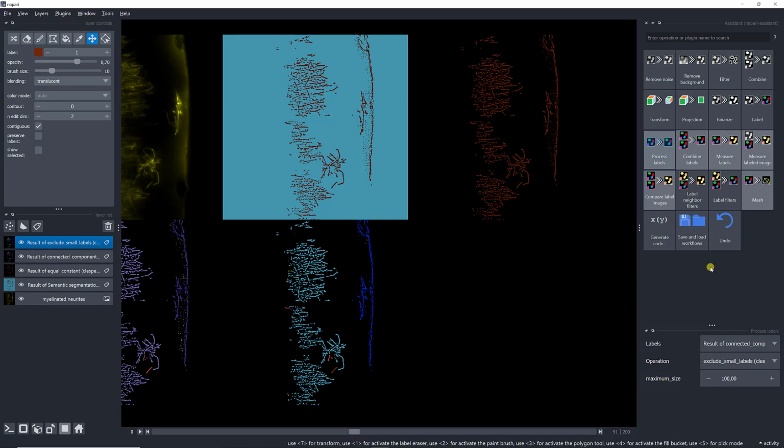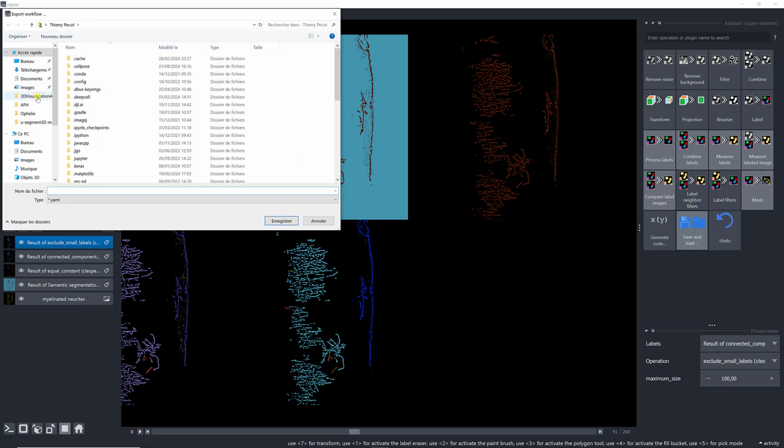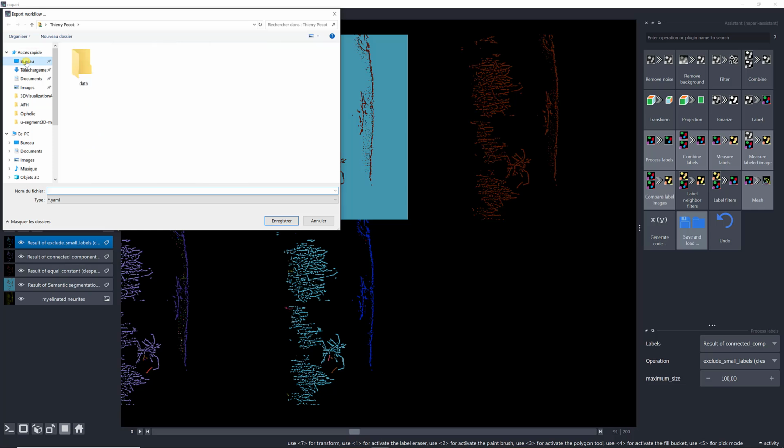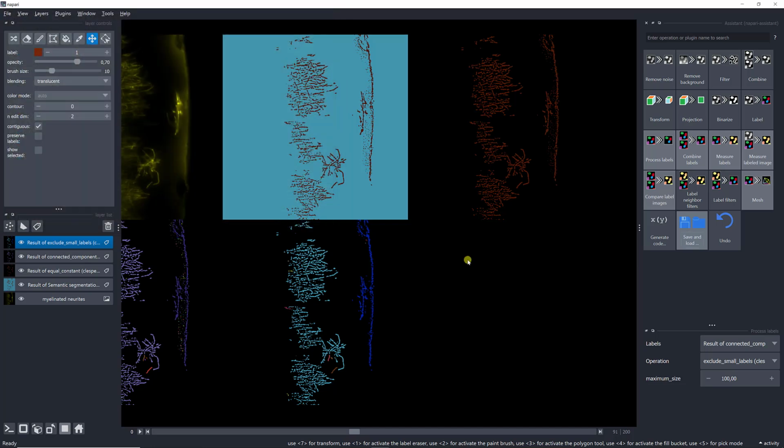So the nice thing is that then you can save this workflow. All right, sorry. Export workflow to file. So I'm going to put it on my desktop, for example, and I'm going to say my newt pipeline. Okay. And let's